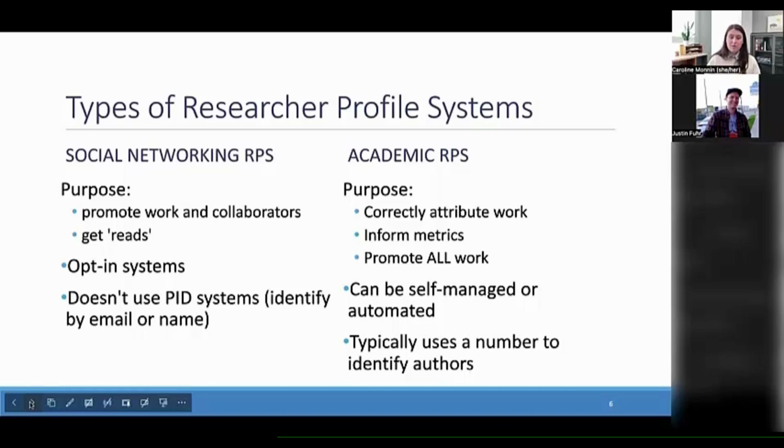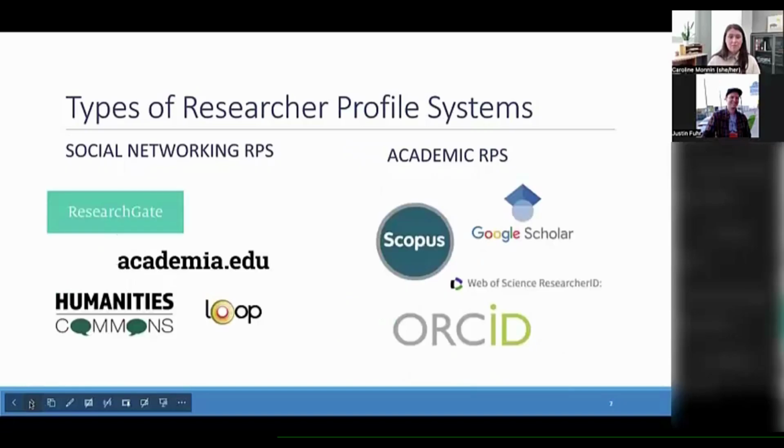And they almost always use a number to identify you. That's not always the case, but for the most part they do. So today we're going to be focusing more on the academic RPSs, like Scopus, Google Scholar, Web of Science, Researcher ID, and ORCID. The social networking RPSs would be more like ResearchGate, academia.edu, Humanities Commons, and